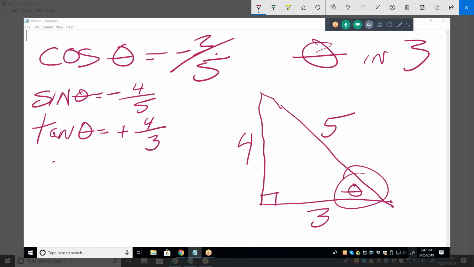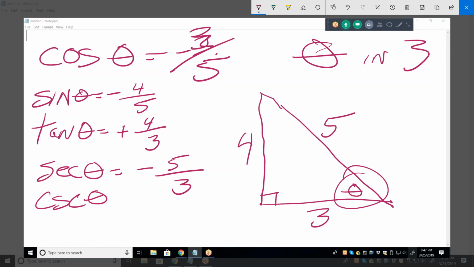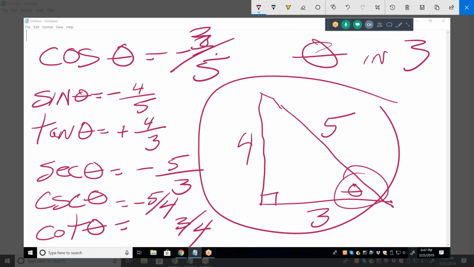No. In other words, the secant of theta is what? -5/3. And the cosecant of theta is what? -5/4. And the cotangent of theta? 3/4. So you really only need the triangle for the three,